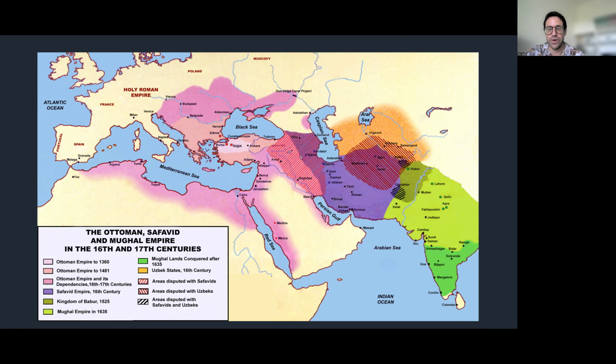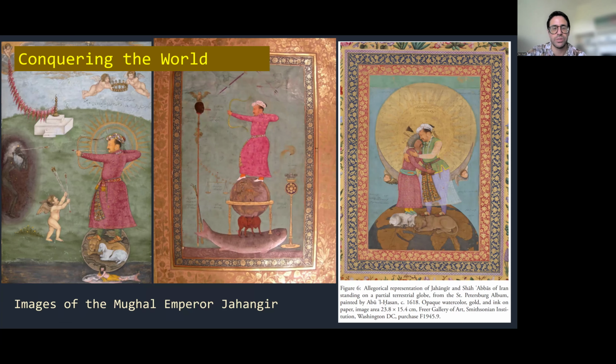The reason why they're vying with each other for global expansion is because the idea of the globe itself was new. After all, the world had been circumnavigated in the early 16th century by Magellan. And at that point, I mean, everyone knew that the world was round beforehand, right? It's not like before Columbus, people didn't know that the world was round. But they understood that the globe was actually a finite object, and that it was actually possible for one person, or at least one empire, to control it all,